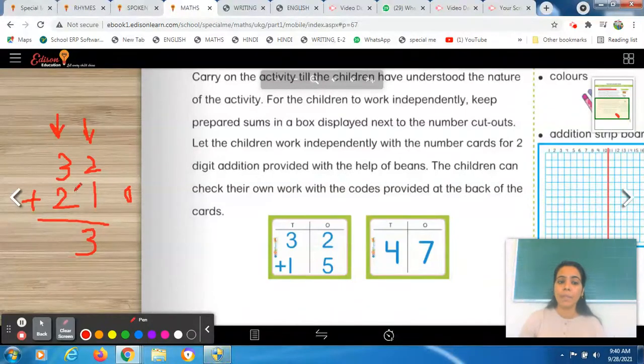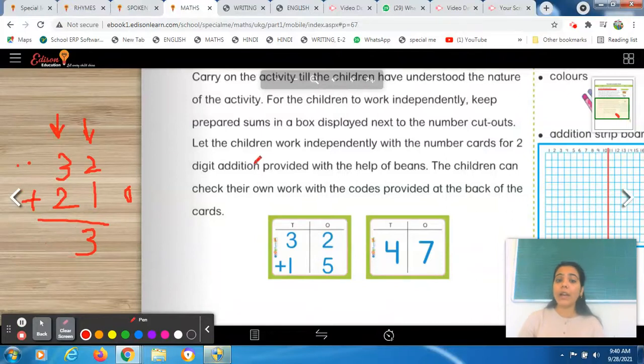It's your number 3. So 3, you have to keep it in your mind and add 2 into it. So take 2 beans, this is your 1 bean, this is your 2 bean. So 3 you already have, you add 2 more beans into it. So how many total do you have? You have 5 beans, right?